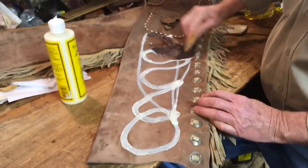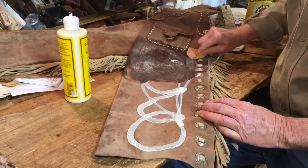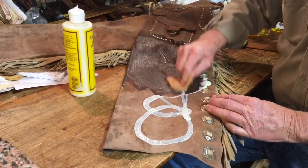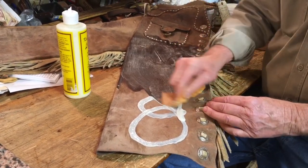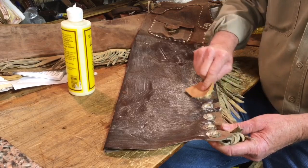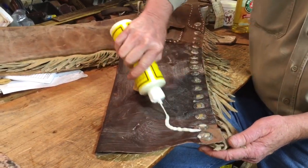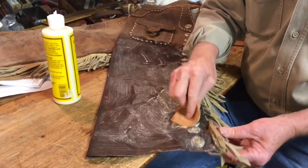use it not sparingly at all. Like to really get it on there where it gets down into the leather and does some good. And we like to even put it on the fringe. I don't know if you've ever seen an old pair of leggings that nobody ever treated the fringe on, but they get cracked and break off. The fringe does quicker than anything else because it's so small. This is getting stiff here already, but